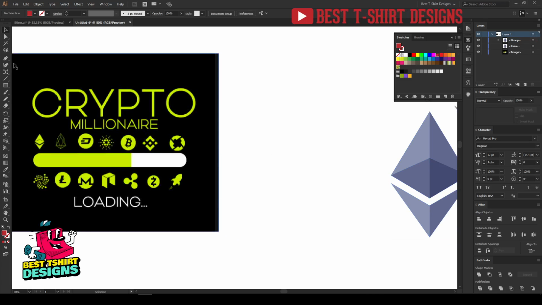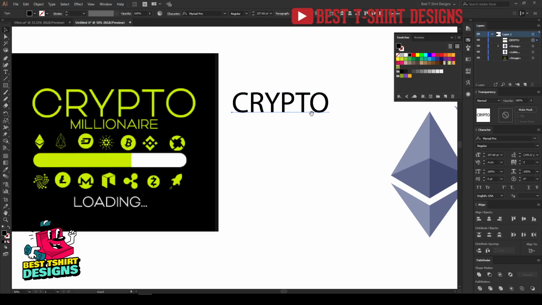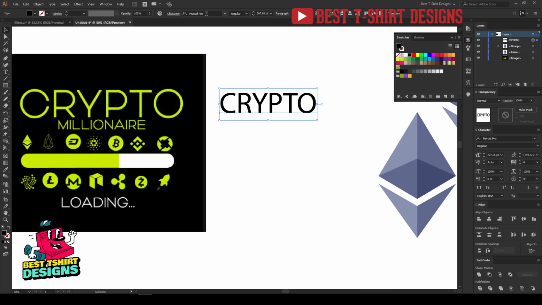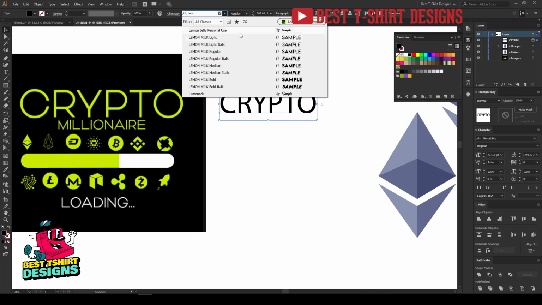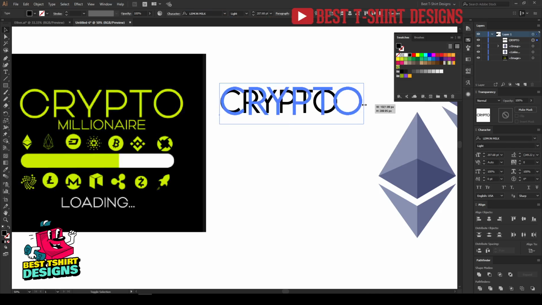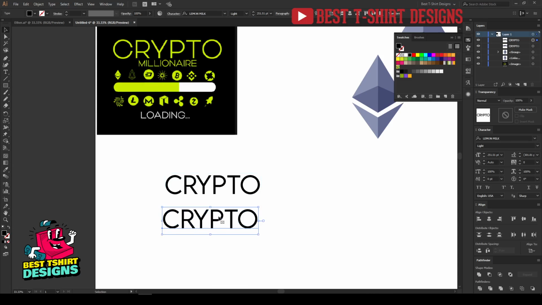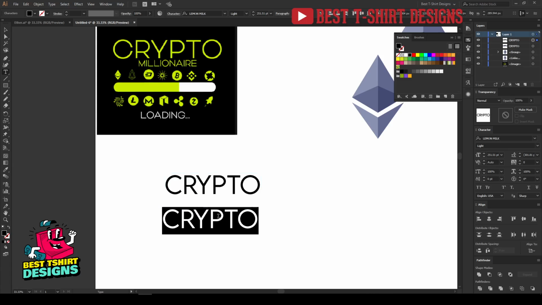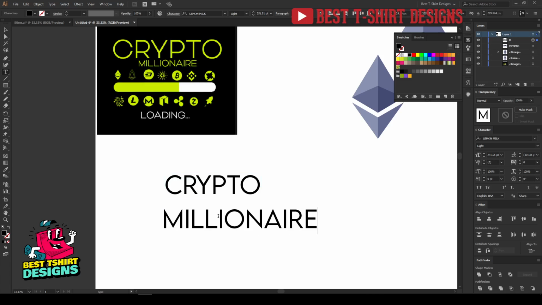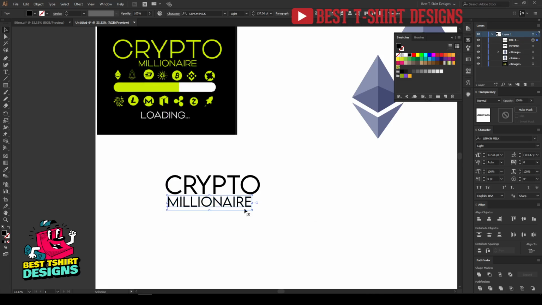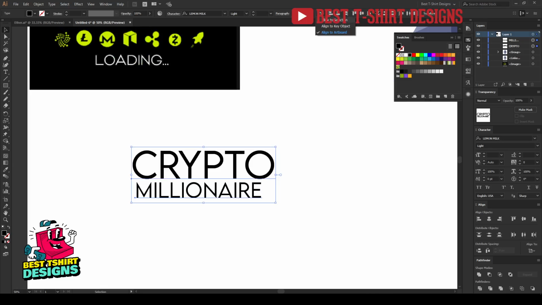I have to create this similar concept here, and that is crypto millionaire. So let me type in that. So this is the crypto, and here I will be using a similar style font, like this thin style. So maybe I will use Lemon Milk. This is the thin style font. You will find that on dafont.com. And then I'm going to drag down a copy, and this is my millionaire. So these two parts I will keep similar, because that's the requirement here, that is the style here.